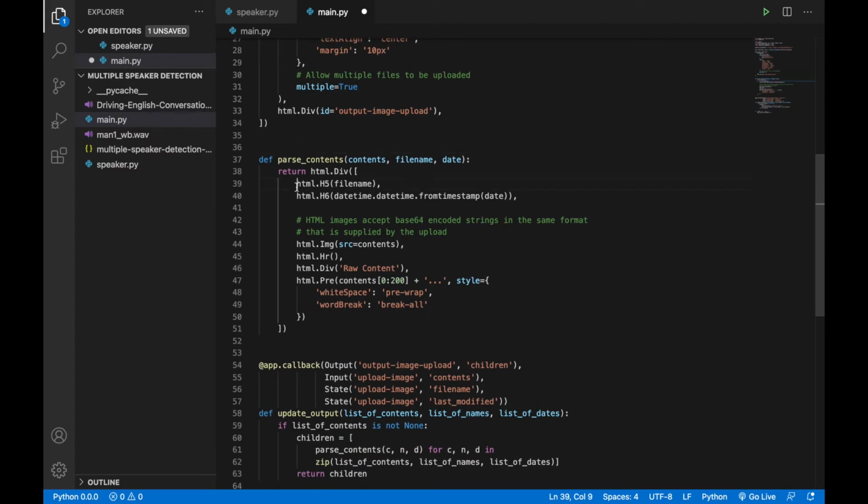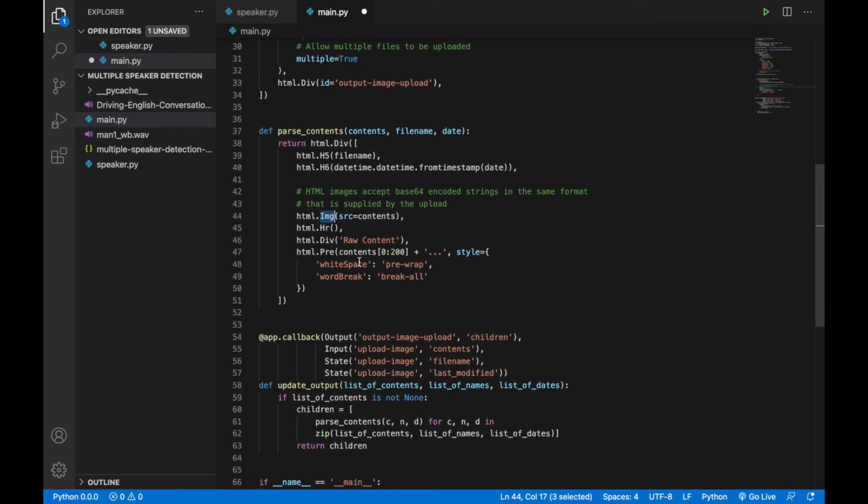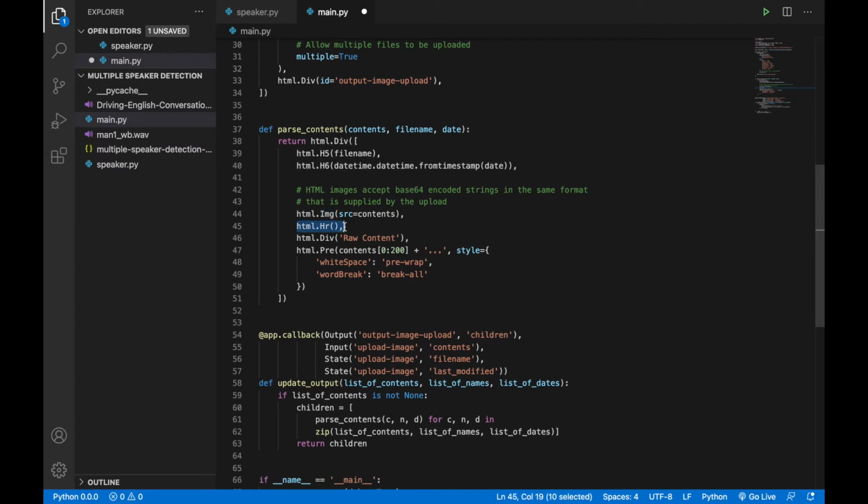So this will be the file name, the date, the image that should display. So this thing here, we should change it to audio file instead, and a line break, and some raw contents, and also the raw content of the video.